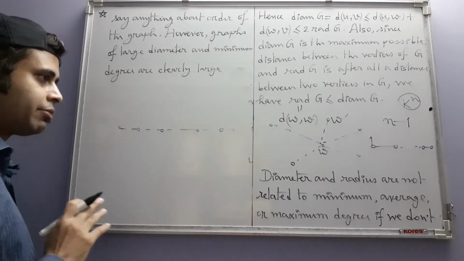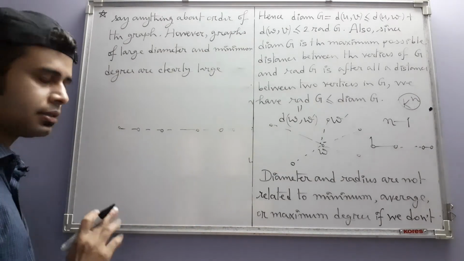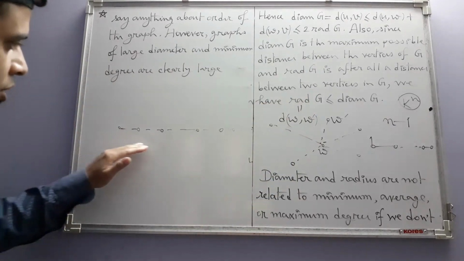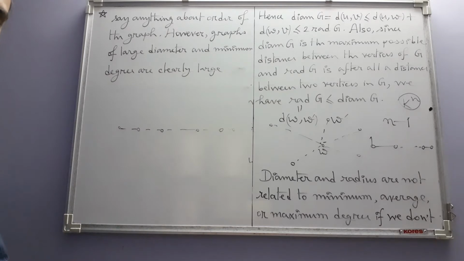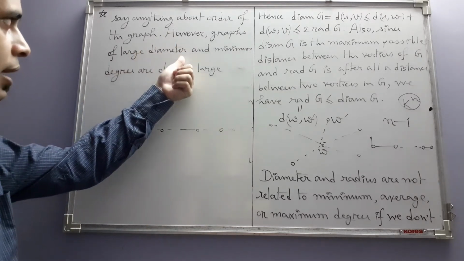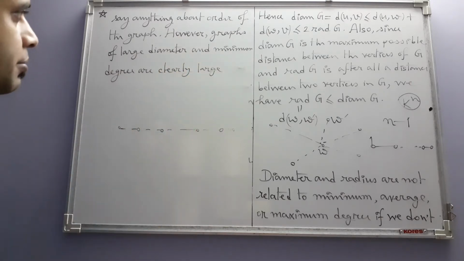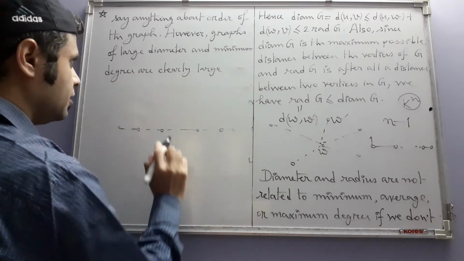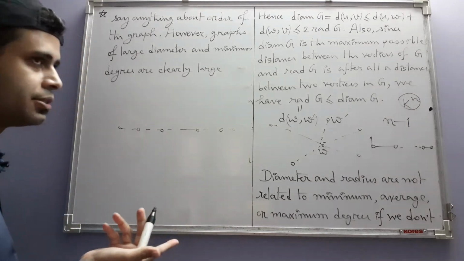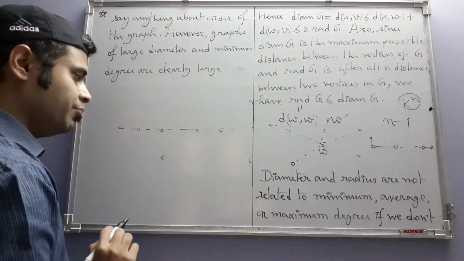Even when your graph is just a path, if there is no other vertex, then also as the diameter increases, the number of vertices automatically increases, so the order increases. So if a graph has large diameter, then the graph itself is large in terms of its order. Similarly, if a graph has large minimum degree, then also it is large, because you see that minimum degree